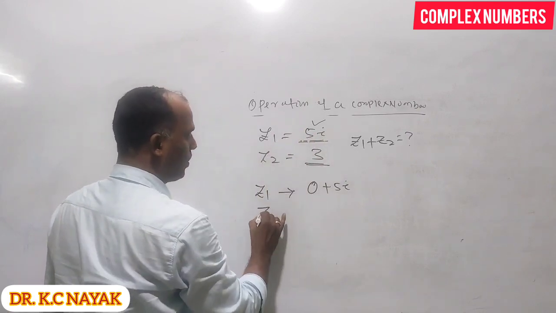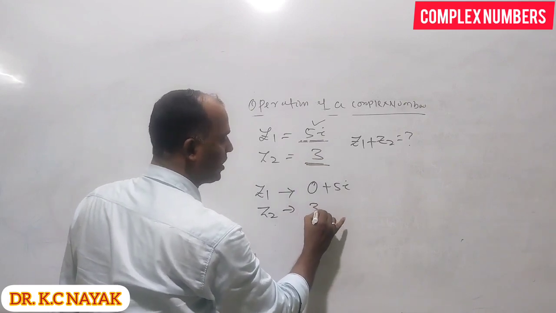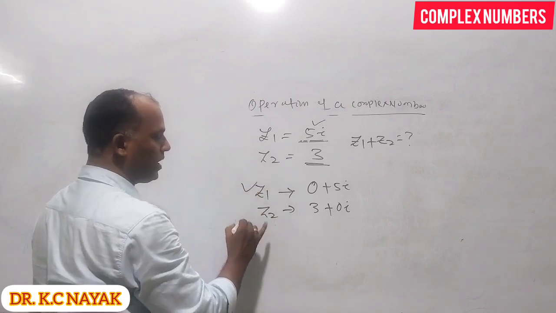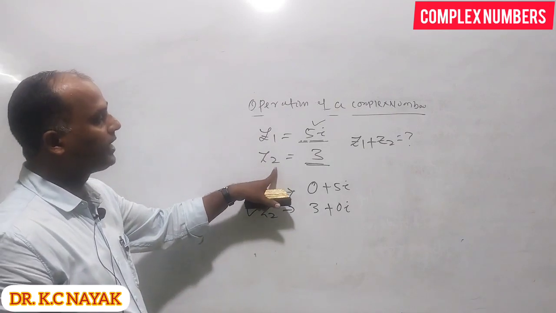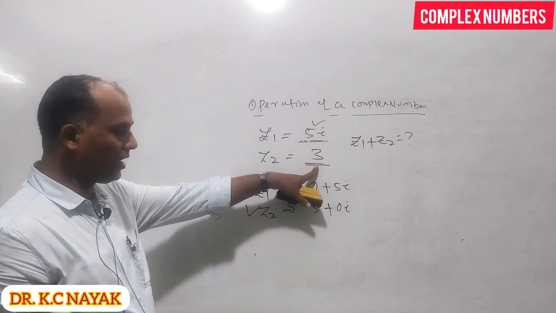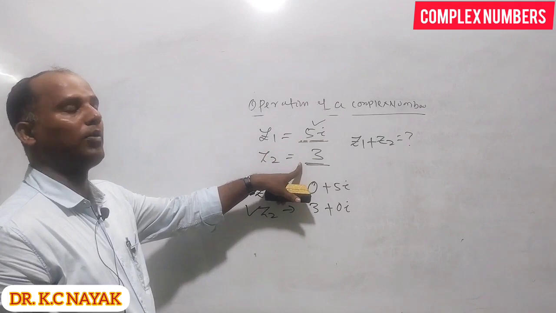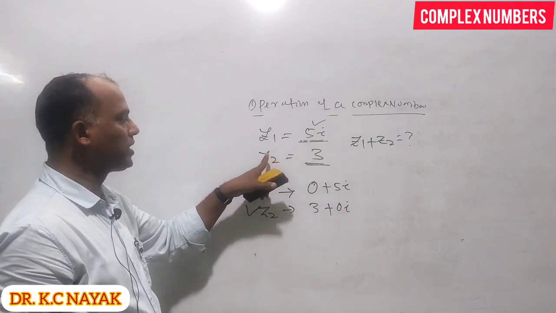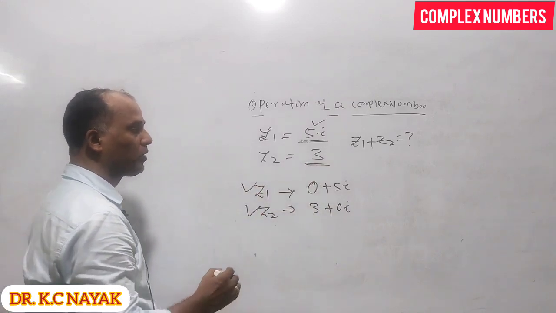Then z2 is equal to what? 3. So we convert to a complex number, 3 plus 0i. Now z1 is a complex number, z2 is a complex number. But in the question, z2 is a real number, and z1 is an imaginary number. It is not a fully complex number. First we convert z1 to a complex number, then we convert z2 to a complex number, then we go for